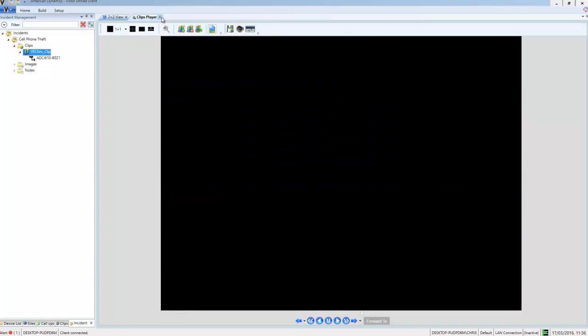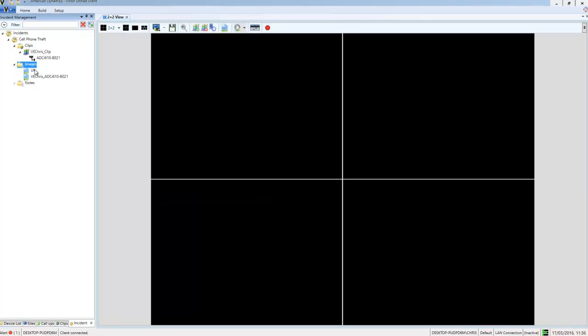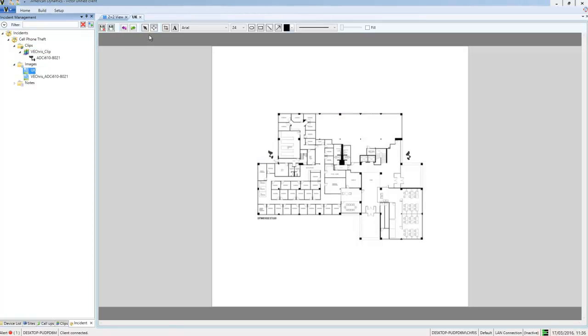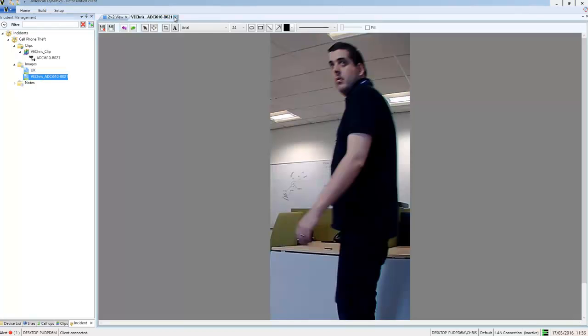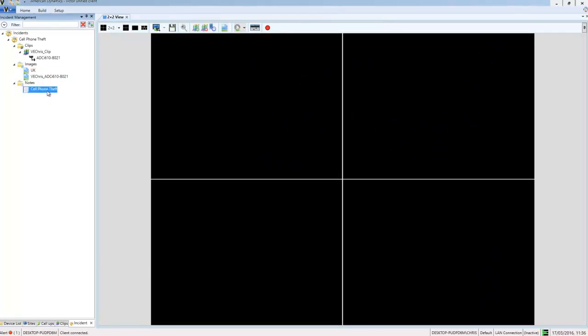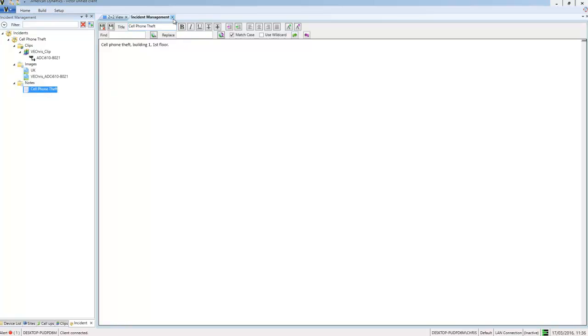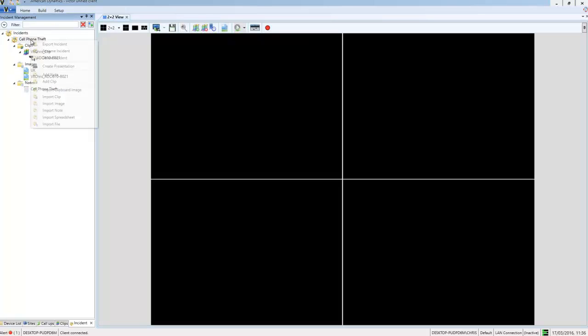table. We also have some images in here. We have the map of the area and a still image capture of the suspect, and we also have a note detailing specifically whereabouts on that floor of the building the incident took place. Okay, so if I go back up to the top of my incident,